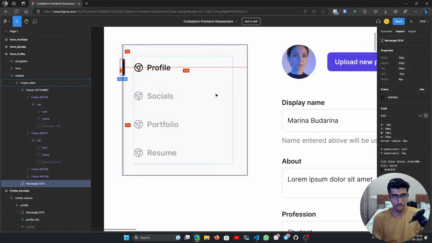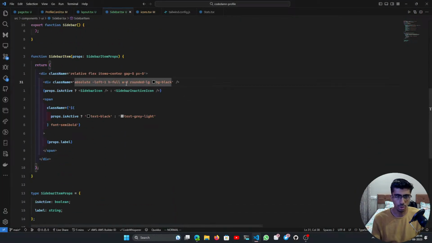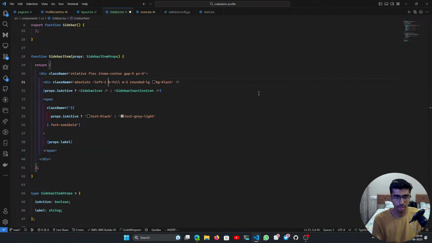we should just take out the width, I guess. Yeah, or no, not exactly. The width should be 2. We have this rounded lg. What if I change the width to 1? Okay, this will still be rounded. Let's change this to 2. Let's change this to 0.5